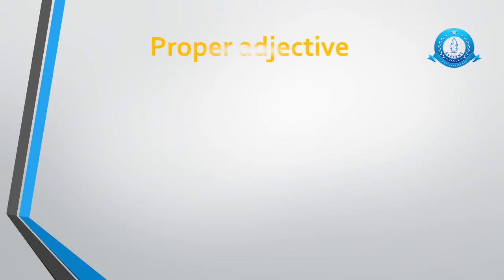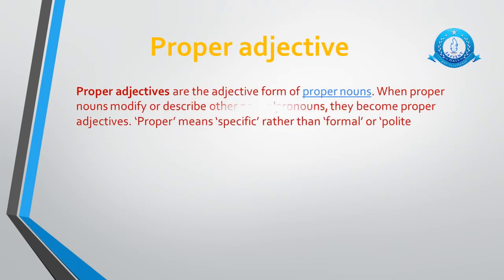Next is the proper adjective. Proper adjectives are the adjective forms of proper nouns. When proper nouns modify or describe other nouns or pronouns, they become proper adjectives. Proper means specific rather than formal or polite. Examples are: